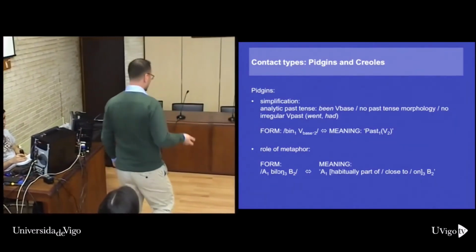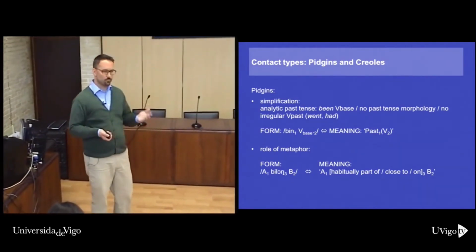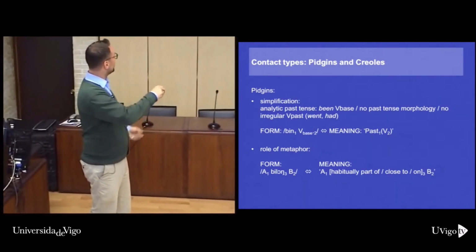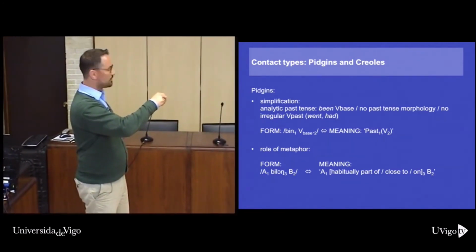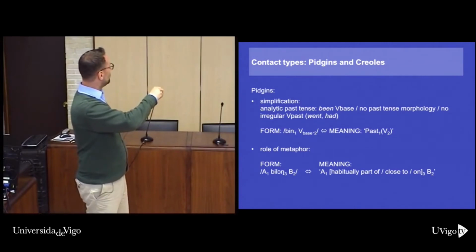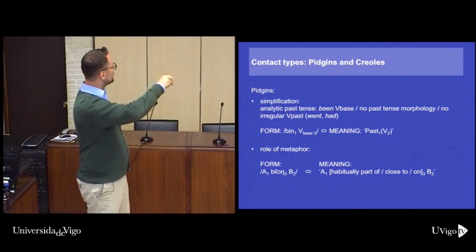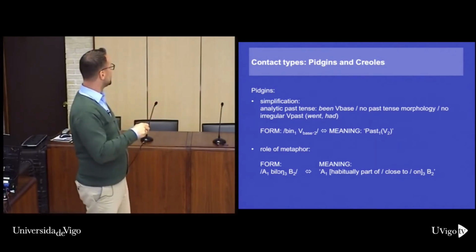Okay. So we see, I mean, and that's not something that construction grammarians have said, but something that we've seen before. There is simplification in Pidgins. Okay. And if we think about what is simplified, then there is an analytic past tense construction, been as a marker, and V, that will be what the construction is like. Formal level, phonology been, then a slot, and this slot is just the base verb. Been go, been sleep, been chop. And that's associated with past tense of this, chopped, went, and so on, in standard English, just so that we translate it.